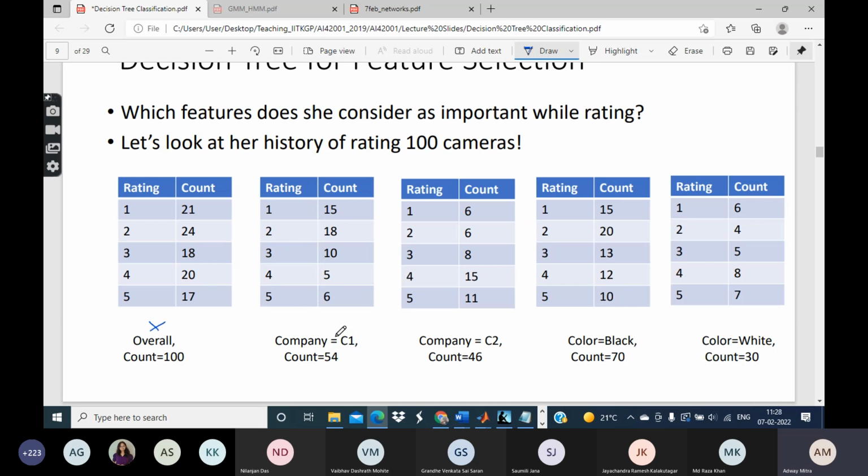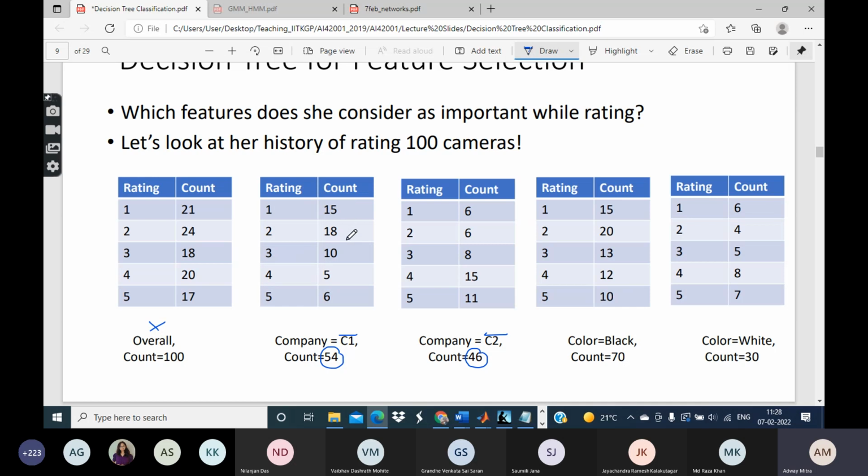Now let us consider the feature of company. Again, let us say that we have two companies, C1 and C2. Out of the 100 cameras which she has purchased, you can see that 54 are from company C1 and 46 are from company C2. So now let us see